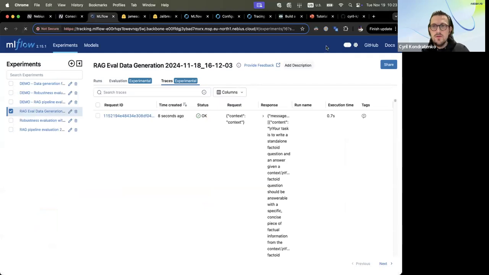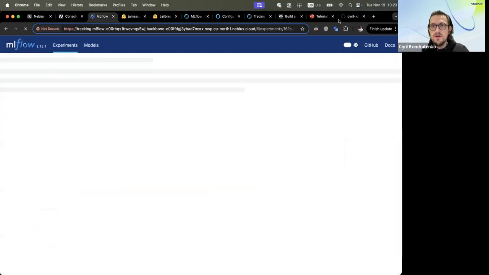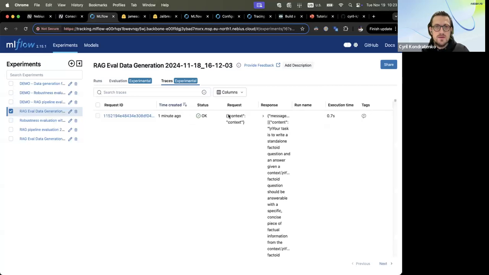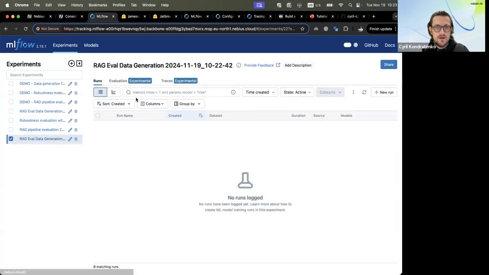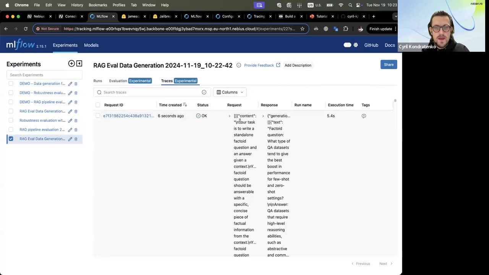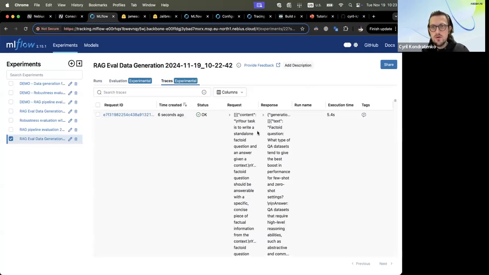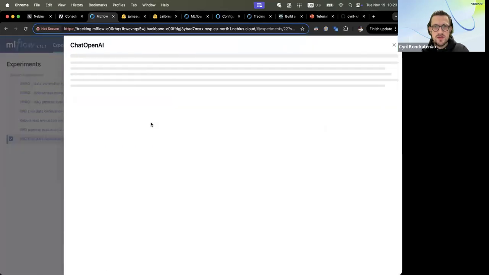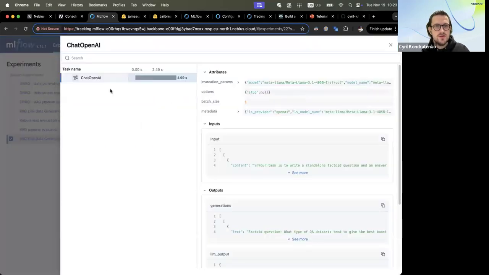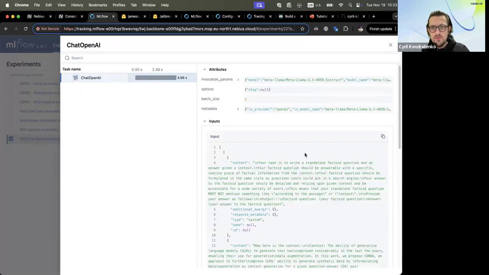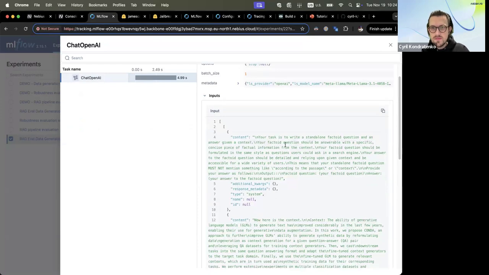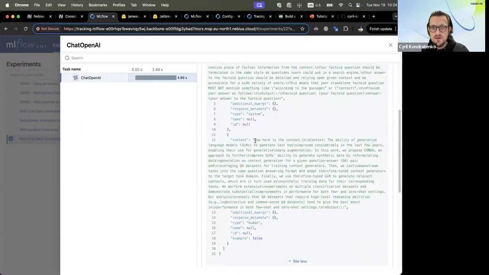So here we have the MLflow UI, and here we have the current running experiment, and we just go into the traces part, and you can see all the traces of every generation request. So here, for example, if we click on this one, it's very simple. As you can see, we just have our chat OpenAI client, which we call, and we have input, like our system prompt and the user message where we give the context, the article summary,